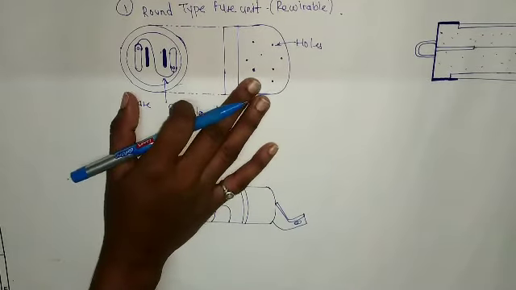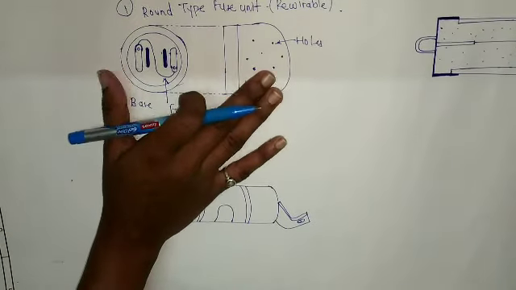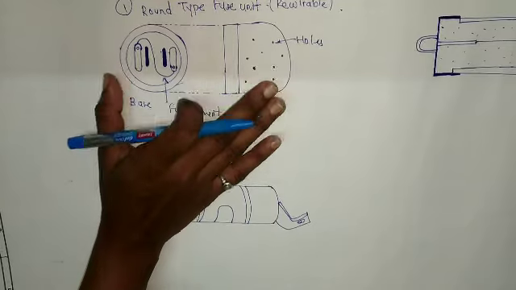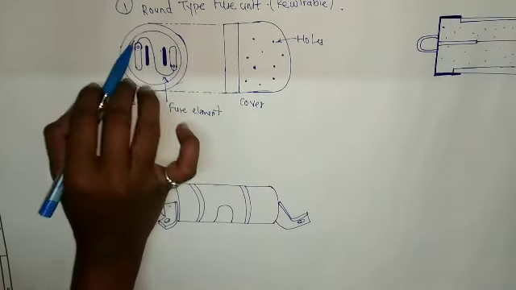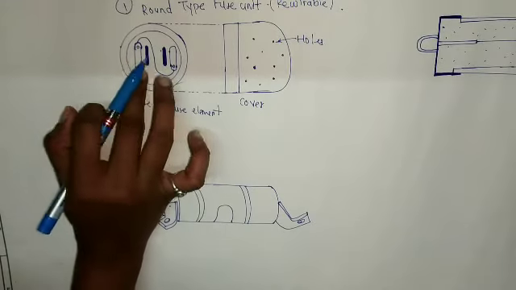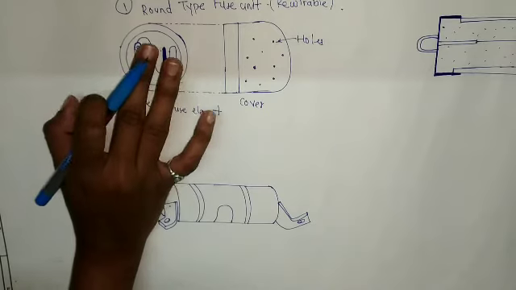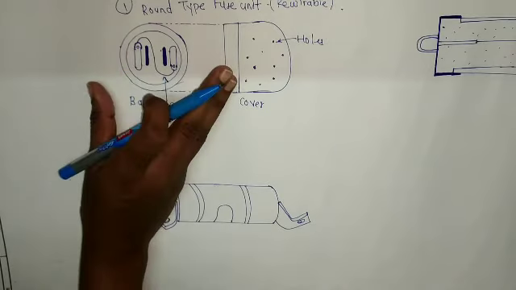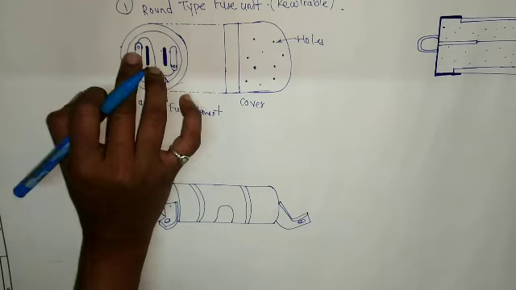There are some disadvantages of this type. One of the terminals is always energized with the live wire, that is the positive phase. There are two terminals, right? Here one of the terminals is always connected to the phase. We know what phase and neutral are, right? So here we always have to energize one terminal with the phase.